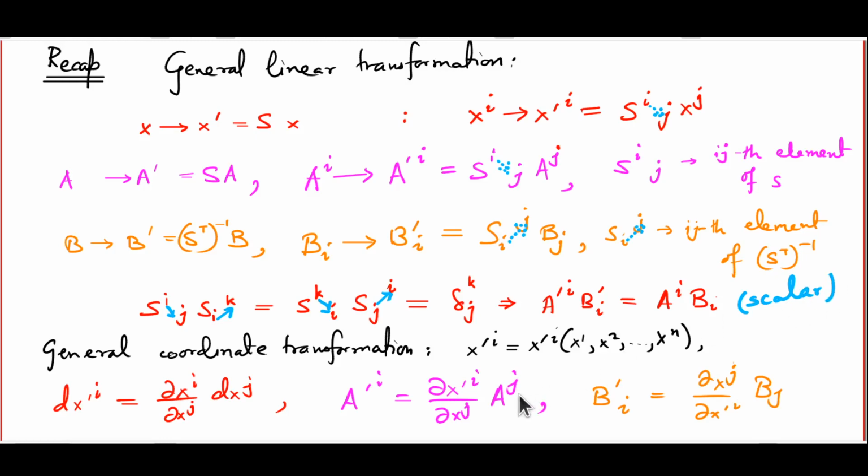Now, this is for a general linear transformation. A very special kind of linear transformation would be rotations, or you could even include reflections in that: orthogonal transformations. The basic idea there is that under an orthogonal transformation, S and S transpose inverse are exactly the same matrices. So you cannot distinguish between vectors and covectors,